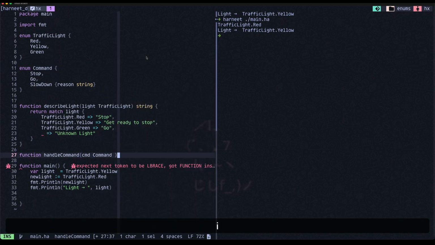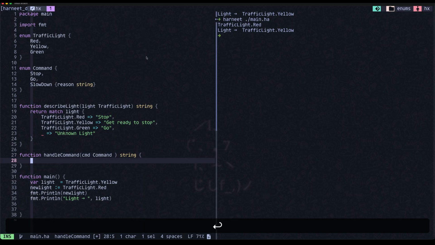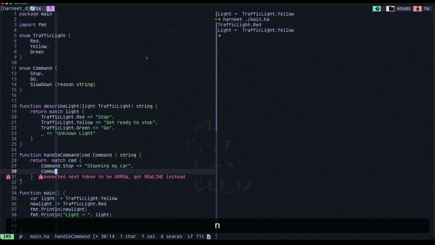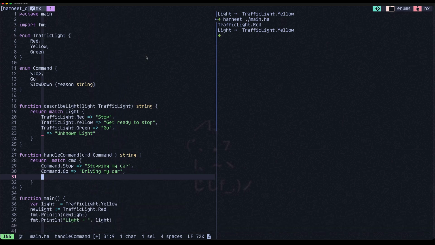And it returns me a string value. Again, based on that cmd, I'll say Command.stop, I'll say stopping my car, then Command.go, I'll say driving my car, and then